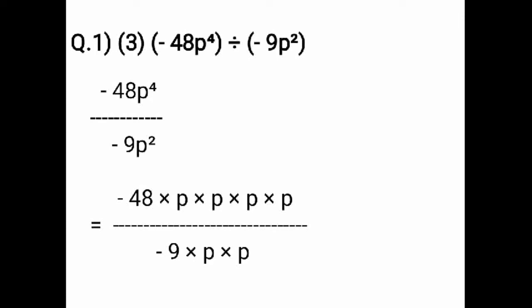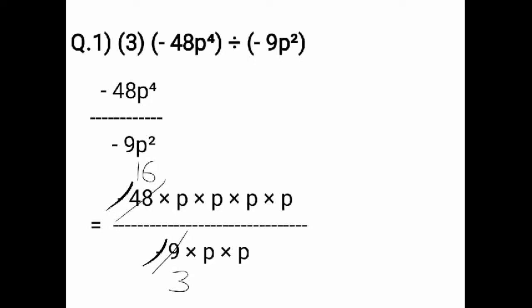Now you have to do cancellation. Minus 48 and minus 9 are in the 3 table. 3 16s are 48, 3 3s are 9. Minus sign, nothing you have to cancel now, write as it is. First cancel only the numbers and then the minus. Now start cancelling minus. Minus into minus is plus. So cancel this minus also, okay?